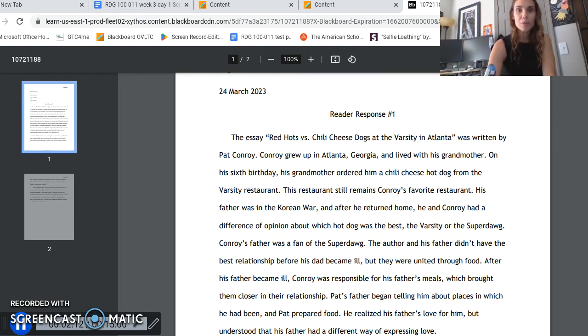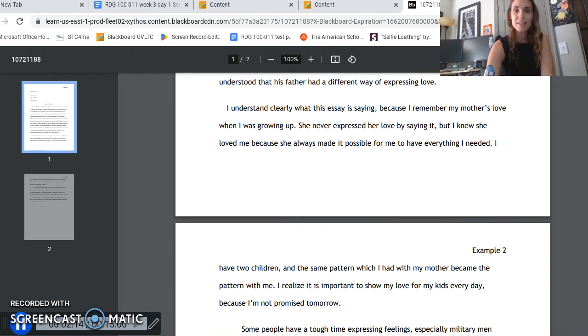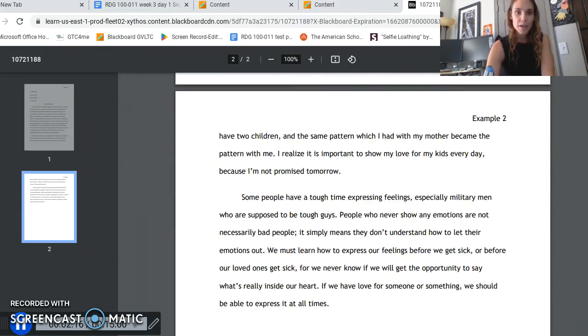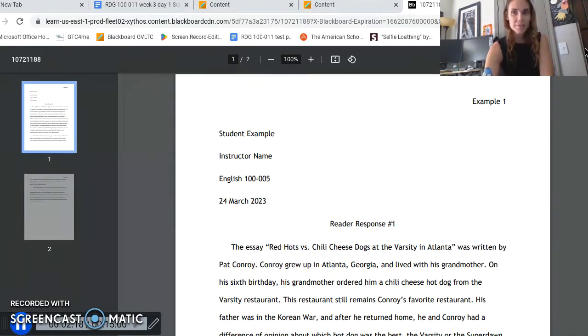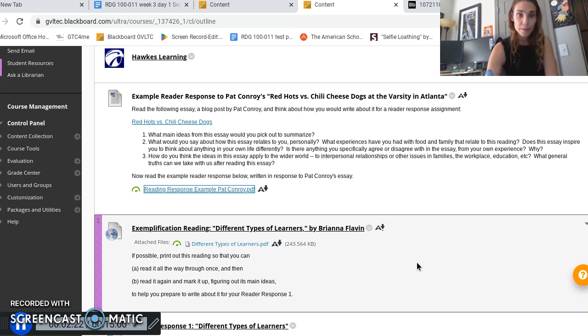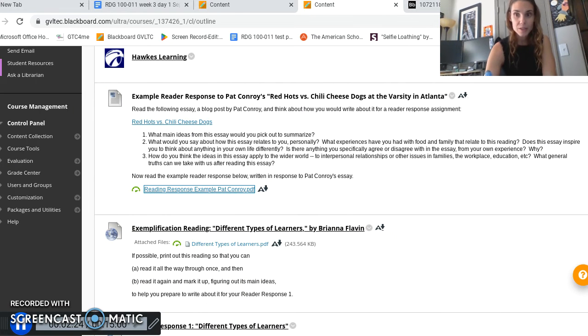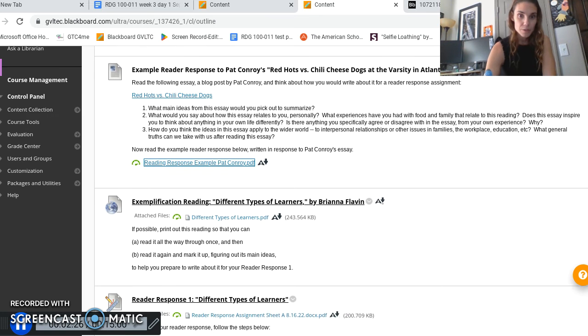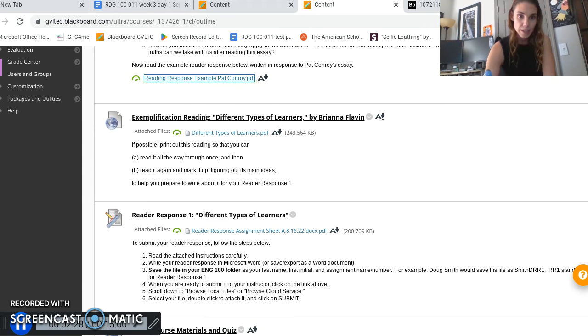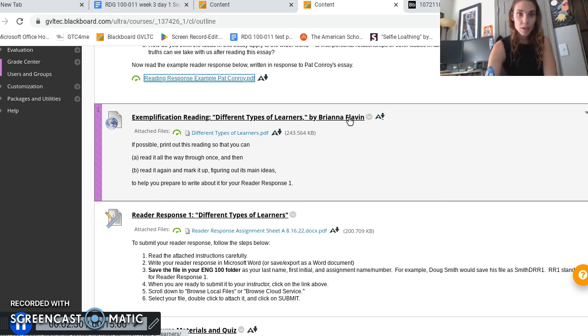So here's an example of 1. They're going to be 3 separate paragraphs, just like this in MLA format, and you're going to do 3 of those. So just to let you know, that is where our sample is, because here's one of the articles, the essays, you're going to be looking at.